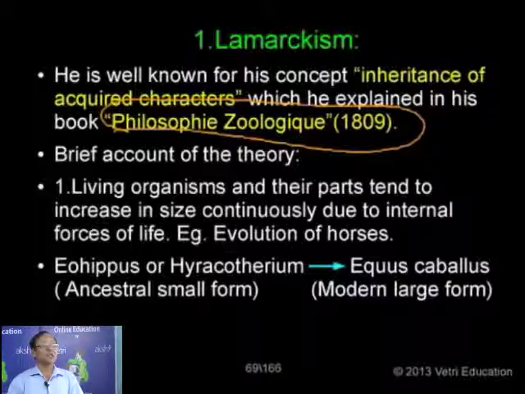Normally the modern horse, Equus caballus, has evolved from a small ancestral form called Eohippus or Hyracotherium, a small ancestral form which lived millions of years ago. It has passed through different intermediate stages, for example Mesohippus, Merychippus, Pliohippus, and finally Equus. I am limiting it to only a few stages. So it passed through a number of intermediate stages and finally reached the culmination, the maximum size, the one for the present horse.